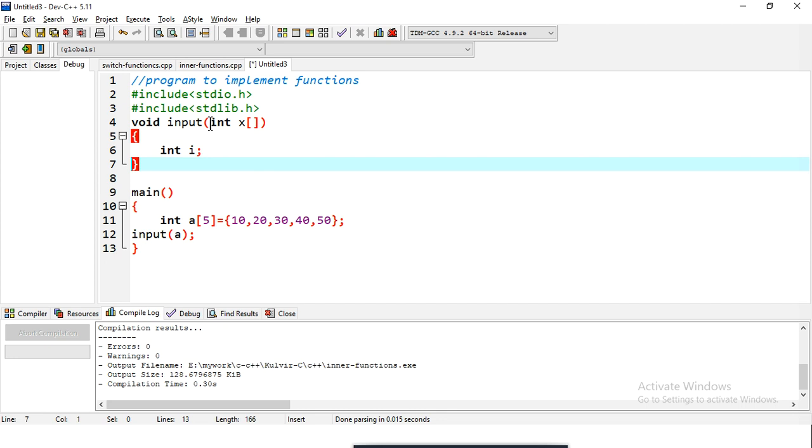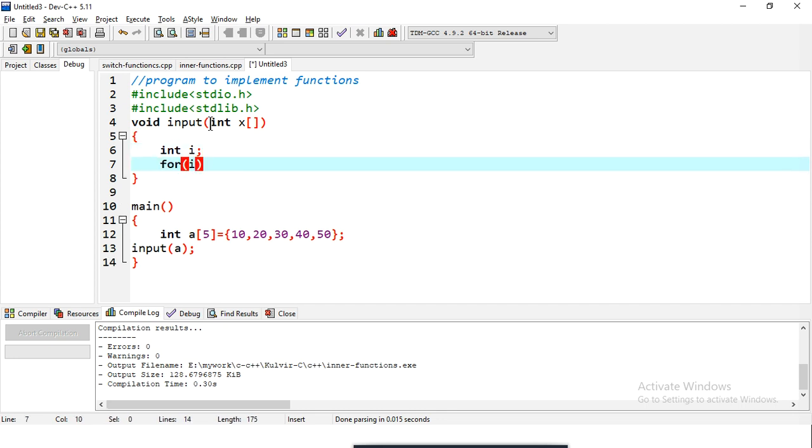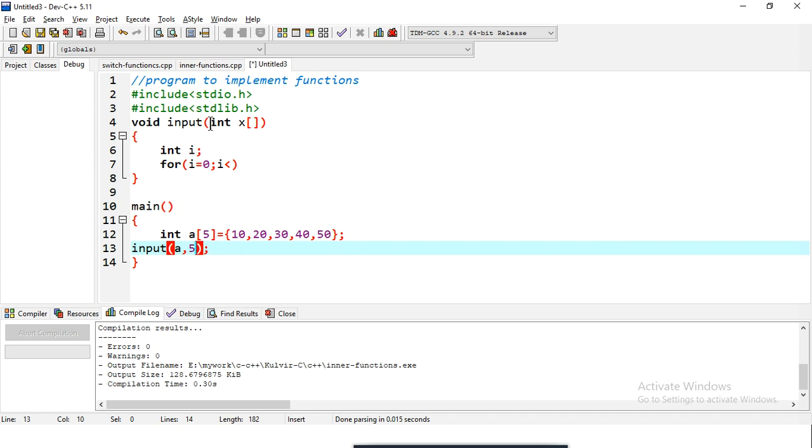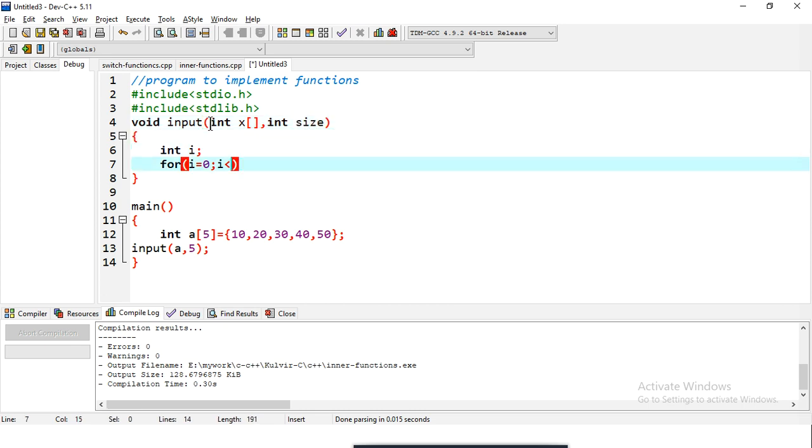So I'll say for i equals 0, as an array starts from 0, I'll go to x, and i less than, I don't know the size, so there will be a problem. So I'll pass the size here as well. I'll say comma 5 represents the size, and we'll have an int size argument as well. And I'll say i less than size, i plus plus,